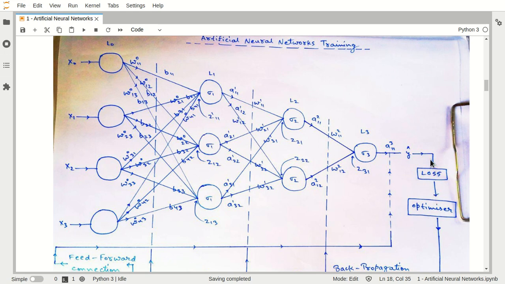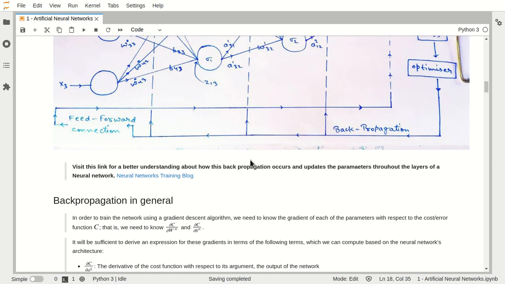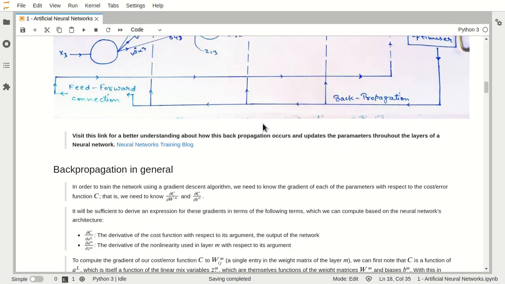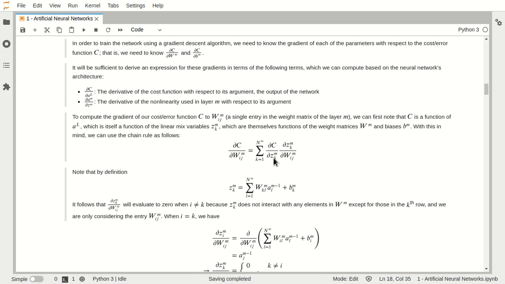In backward propagation, it will always start from the end, in a reverse direction. So this will be the first layer, second layer, third layer. Using this m, we are denoting the layer, so weight of the mth layer. Now inside this mth layer there are two different connections, weight 11, weight 12. So this is weight 11, this is weight 12, the ith and jth connection, right? In this way we are going to calculate this particular partial differential, and it will be calculated using the chain rule.